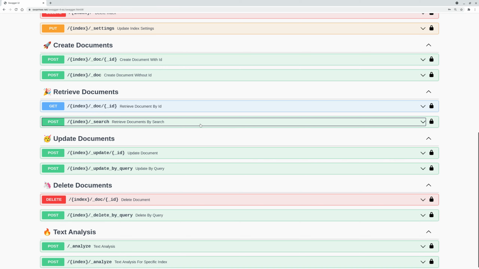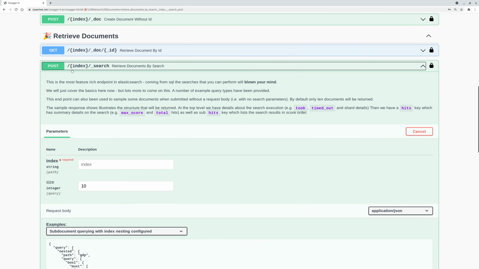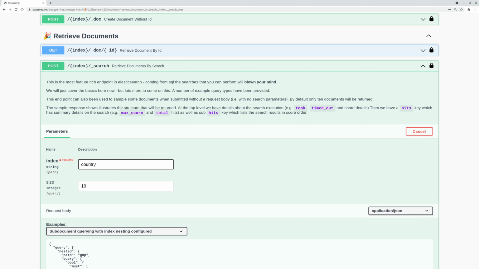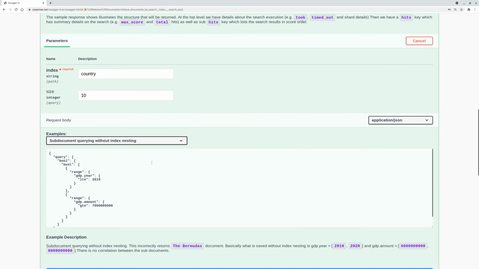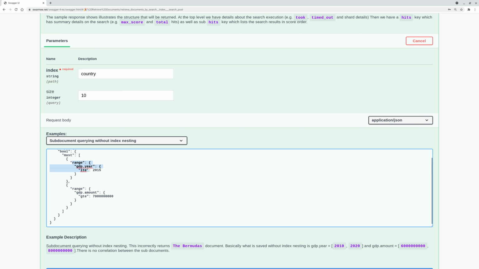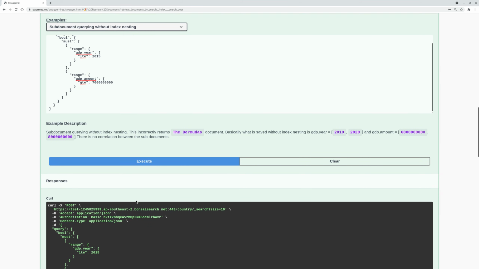Now let's go and search that index, and we'll use the index name and the search endpoint. So again, country, and we'll say subdocument querying without nested index or index nesting. So we say GDP year less than 2015, but amount greater than 70 million. So run that, and my expectation would be that we don't have any documents returned,